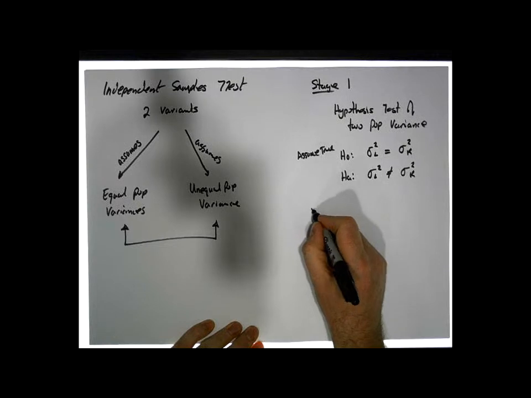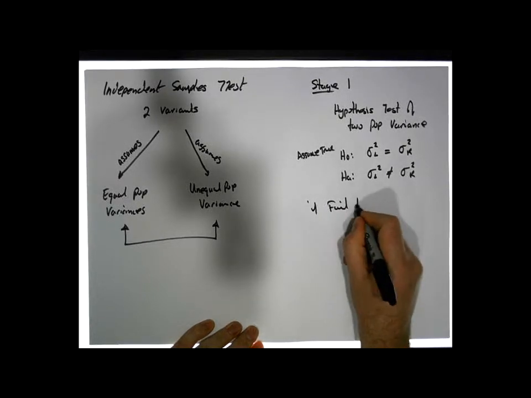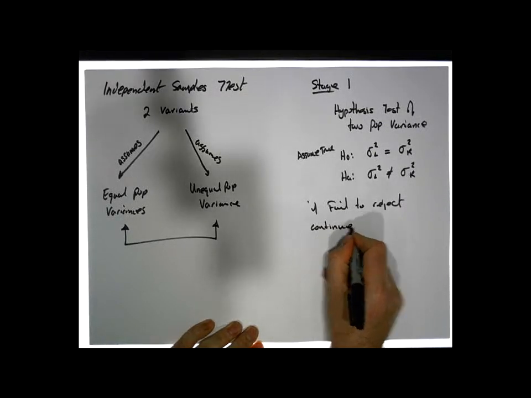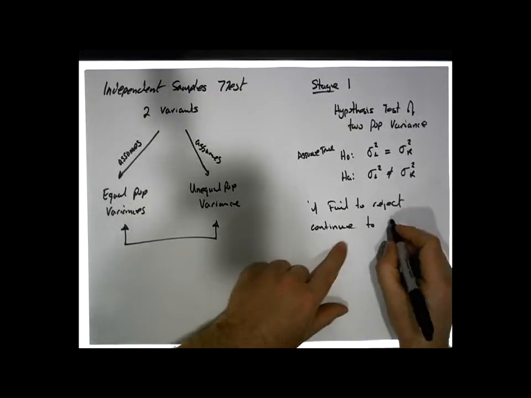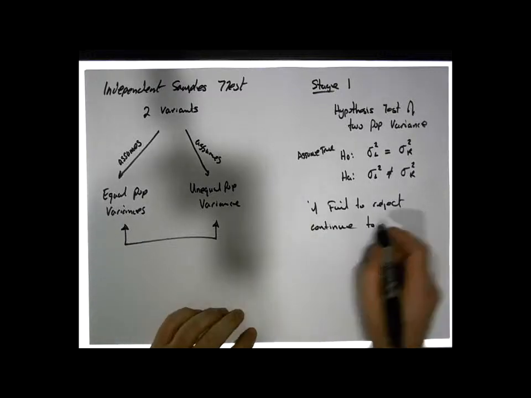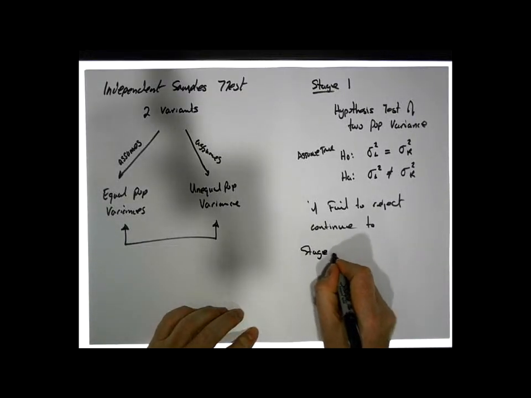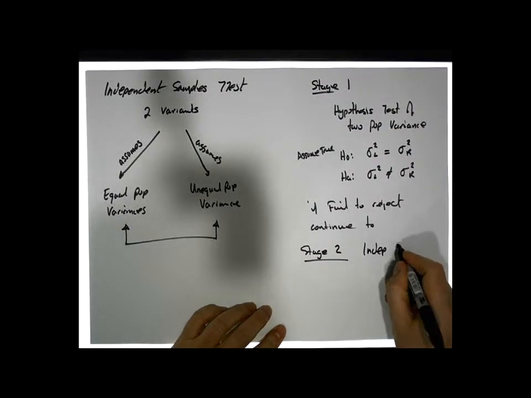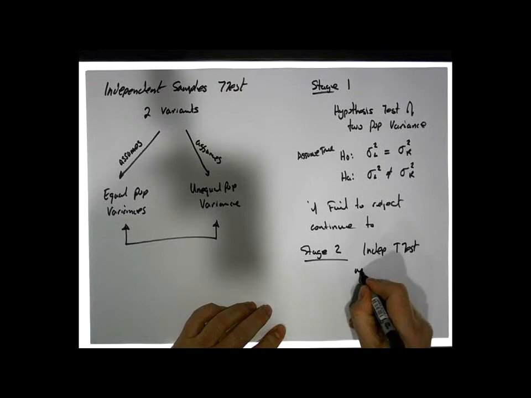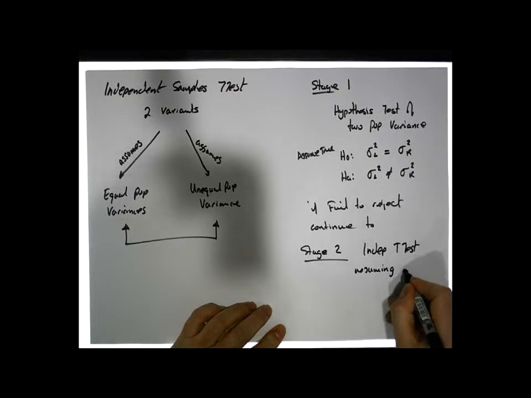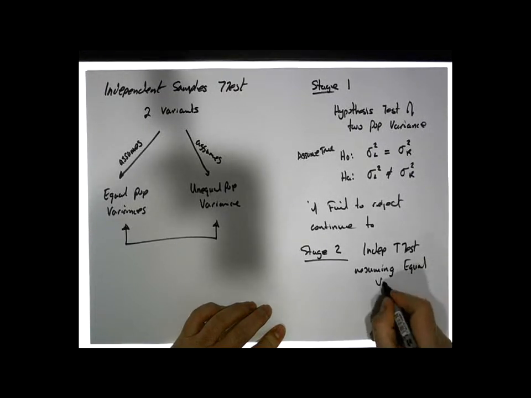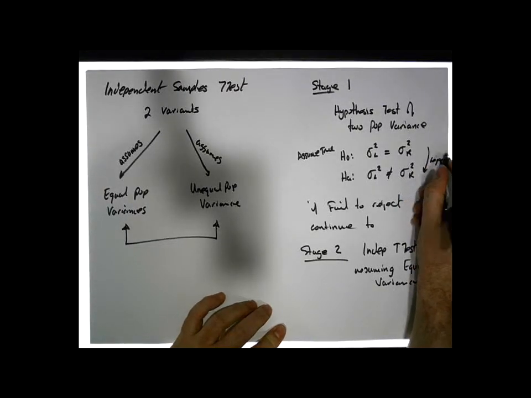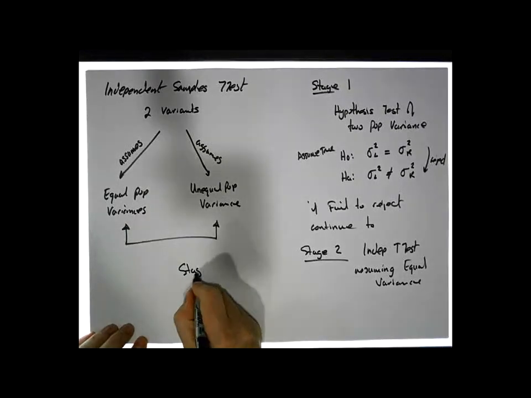If we fail to reject, we continue to the next stage, stage 2, which is an independent samples t-test assuming equal variances. If we reject on this test, well, then we'll go to stage 3,